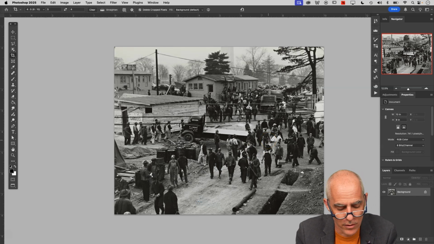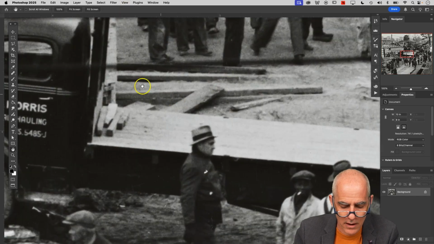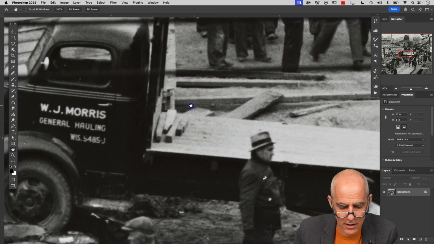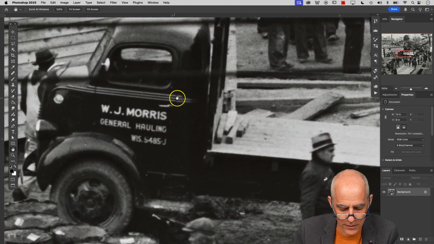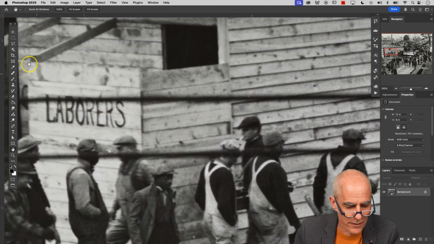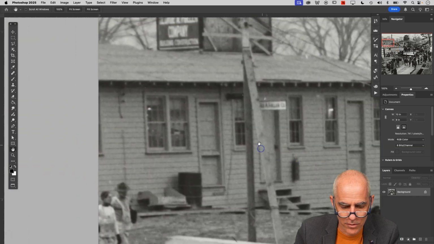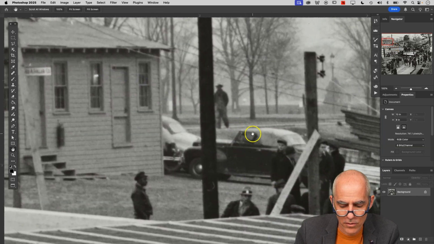I'm going to zoom into 100%, either by hitting Z for the zoom key and clicking on 100%, or by just hitting Command 1. And I'm going to grab the hand tool by either holding down the space bar or hitting H on the keyboard, or I guess I could go over here and figure out where the hand tool is. There it is. And I'm just going to scroll around. So